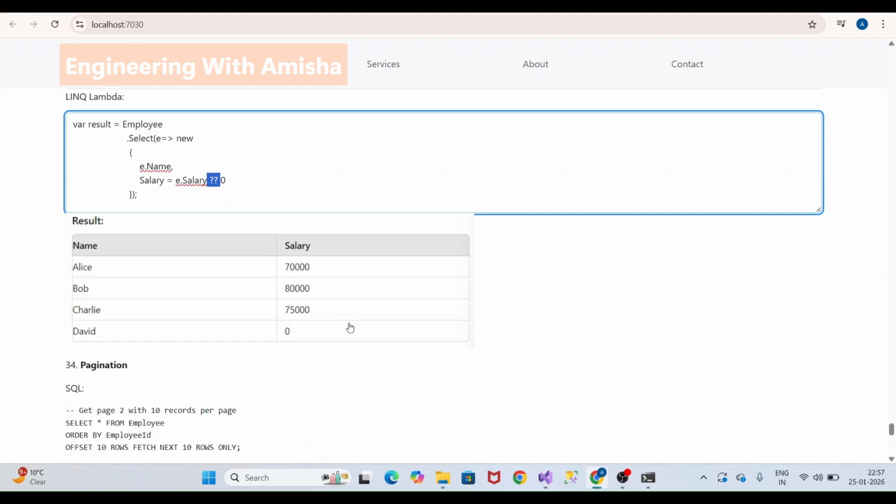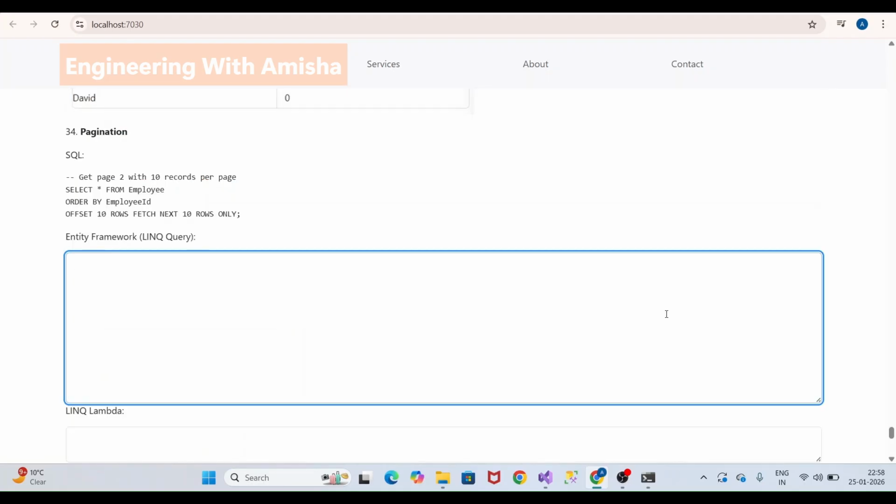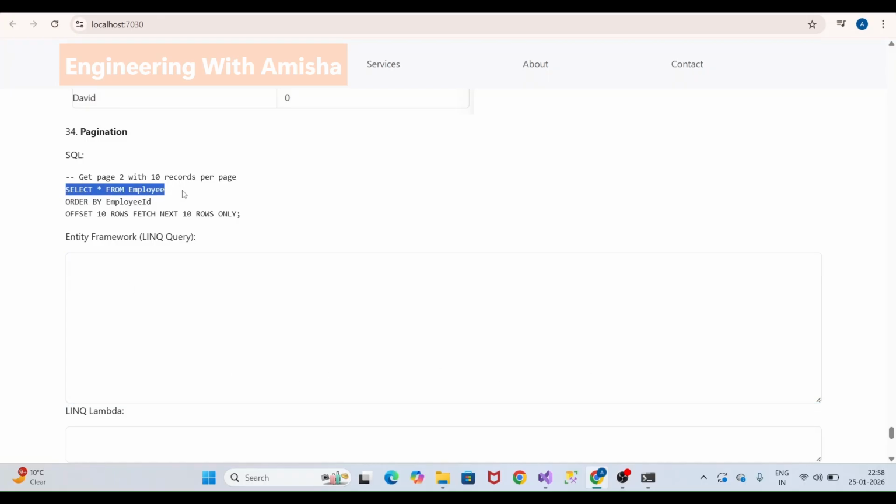Now let's move to our next question, which is pagination. Question number 34, pagination. SQL: get page 2 with 10 records per page. Select star from employee order by employee ID, offset 10 rows, fetch next 10 rows only. So this query is used to fetch data page by page. Here we are getting page 2 with 10 records per page. So order by is mandatory for pagination, and offset means skip the first 10 records, and fetch next means take